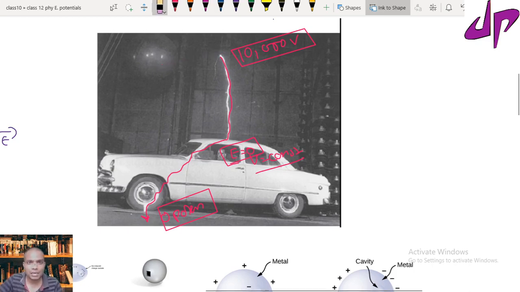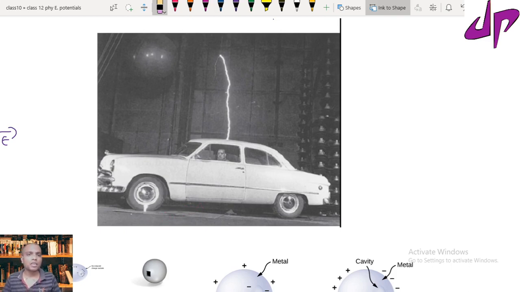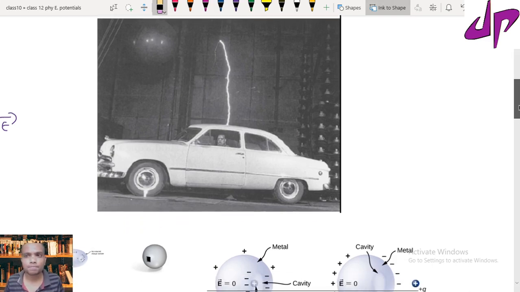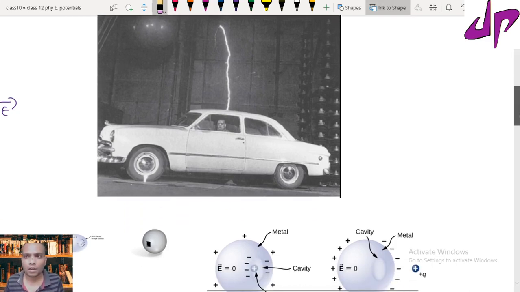So in this example, the person who sits inside the car, especially in thunderstorms, will be safe because the inside of the car acts like a cavity. The charge within the cavity neutralizes, the entire electric field goes to 0, so there is no potential difference. So this is the concept regarding electrostatic